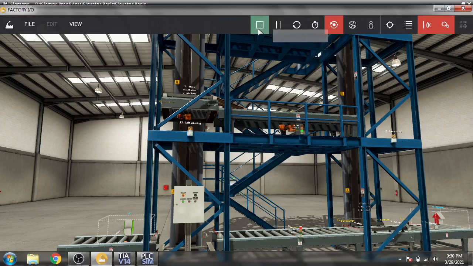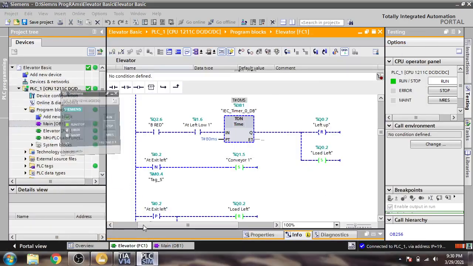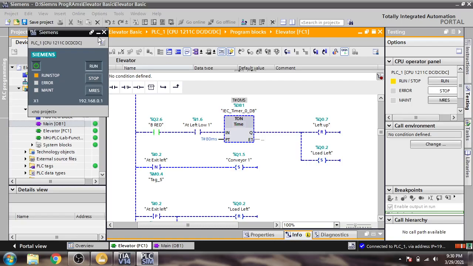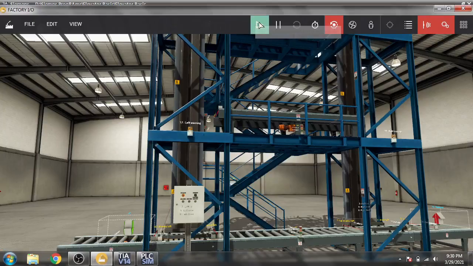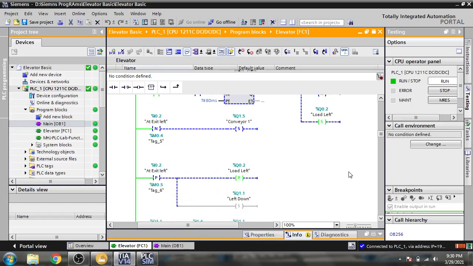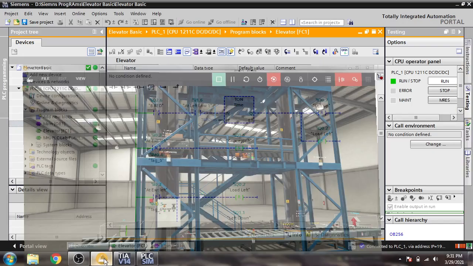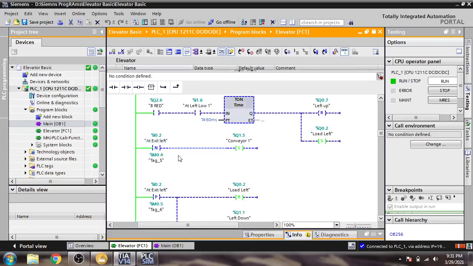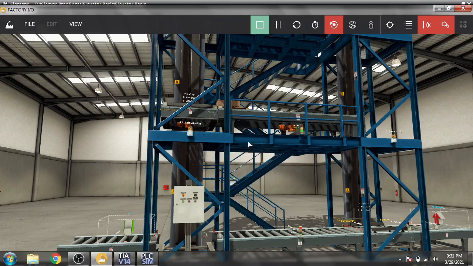I think I need to restart that again. It will reset our load left, and then it sets our load left. You will see it reaches the point, load left is set. When it passes at exit set, you will see conveyor 1 is set.